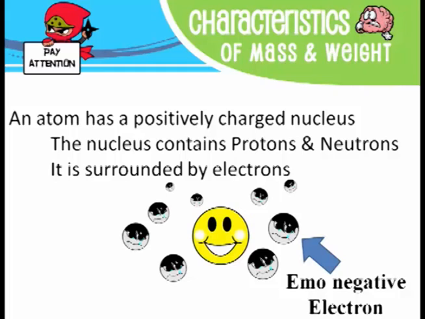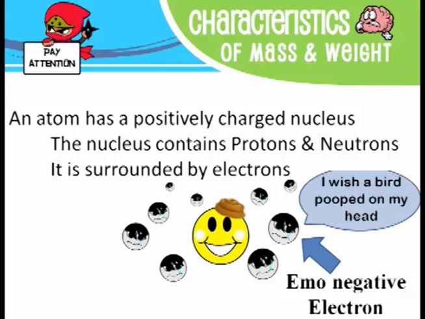All right? Surrounding the nucleus are these things called electrons. Electrons are negative, and they actually go around. We like to picture them in orbitals, like they go around in almost a circular or elliptical fashion. But really, they're bouncing around all over the place, phasing in and out of energy levels, all sorts of really crazy things that you'll learn about in chemistry. For right now, we'll just picture them as surrounding the nucleus, as in they're going around. And just to give you a frame of reference, if the nucleus was about the size of a golf ball, the closest electron would be about a mile away from the nucleus. That would be pretty standard. Just to put it in scale perspective for you.